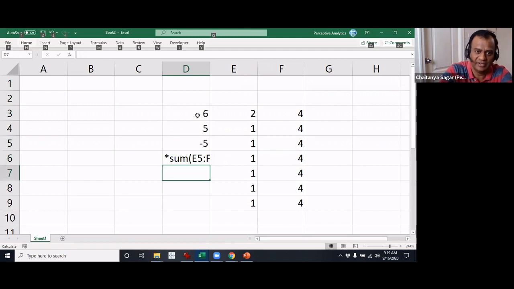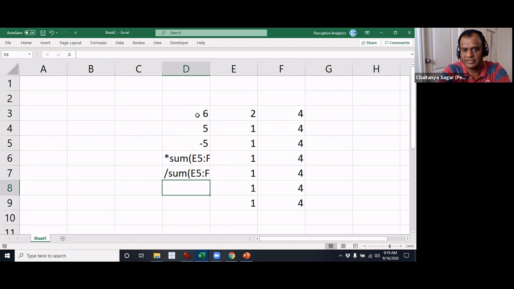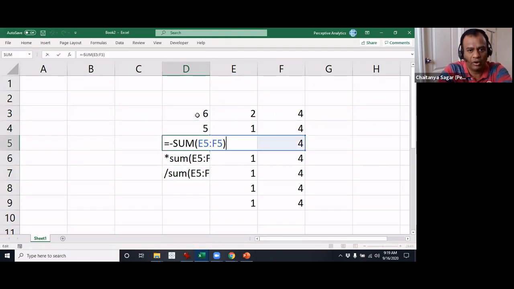Similarly, with the divided by symbol, I'm trying to type that, but typically when you do this, the menus will get highlighted. But let's do this, let's say sum, and then let's do the same thing over here and see if it works. It doesn't work. So you could potentially use a plus or a minus, and then the formula will still go through. Why is this useful? Particularly plus is useful because you have a keypad on the right hand side.